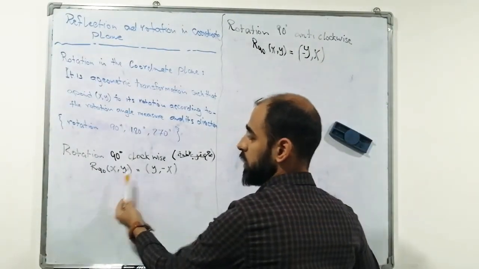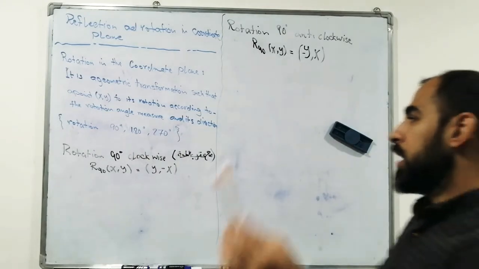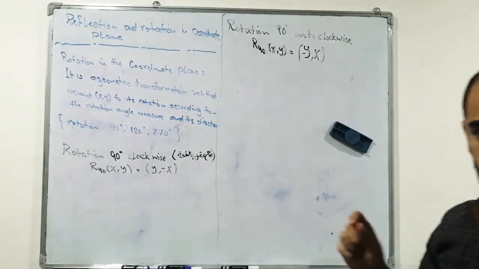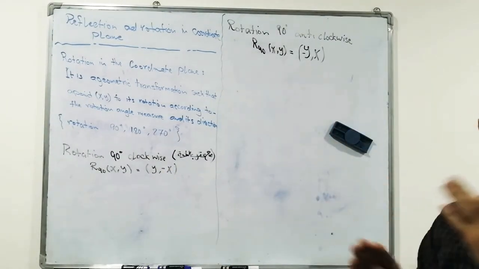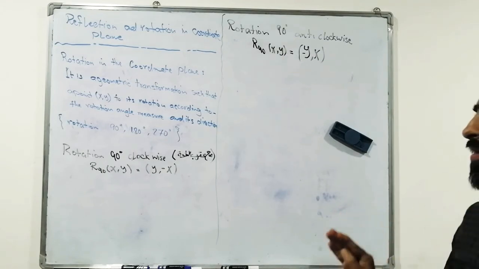For any point, as we say, xy is y minus x. Here in the rotation we have, or we maybe have to change the